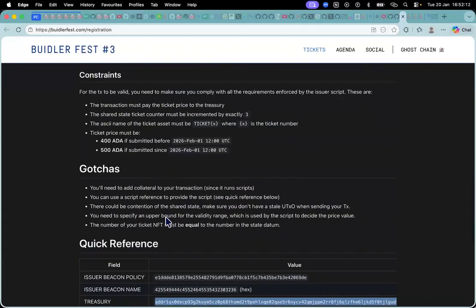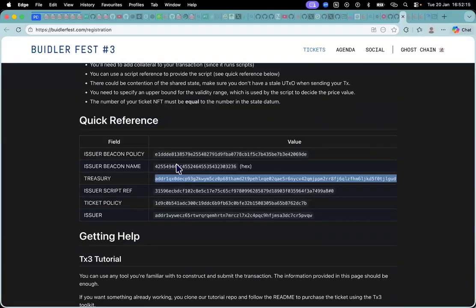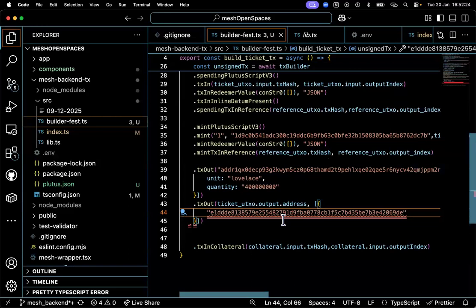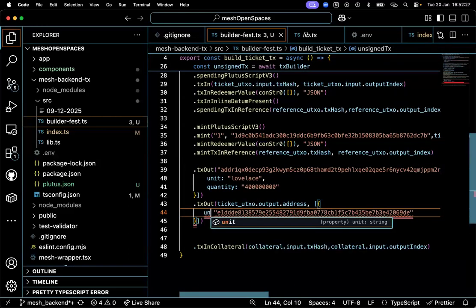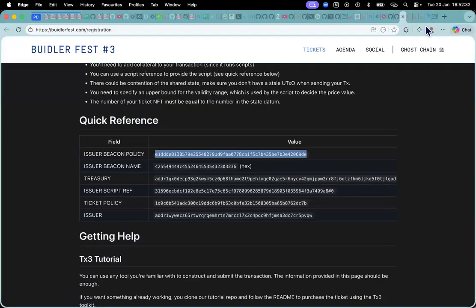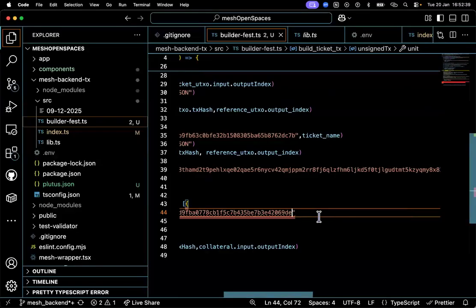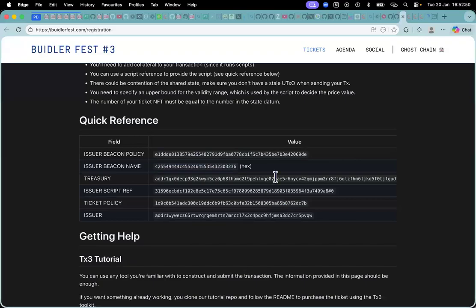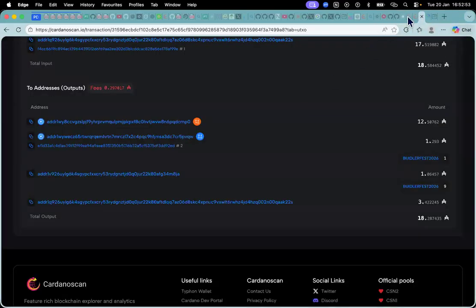Or are they saying the amount that we initially found in that UTXO? It's actually the beacon token. But also, I'm assuming it would have to include the minimum UTXO cost, like some money. So we already queried the UTXO from the address. We'll have to check the amount in that and put it here, I think. Quantity is going to be one. One, yeah.